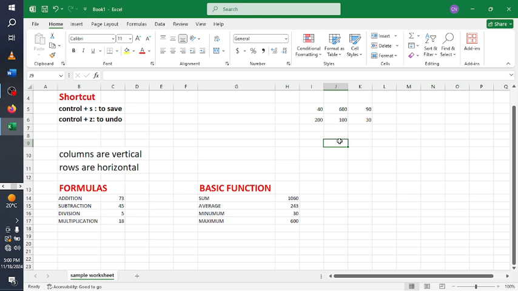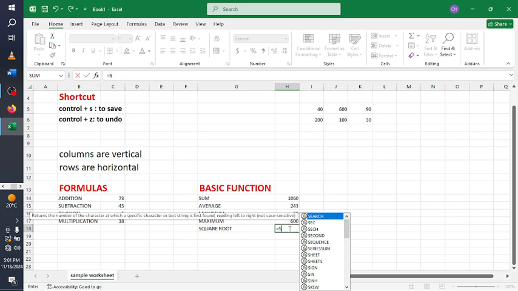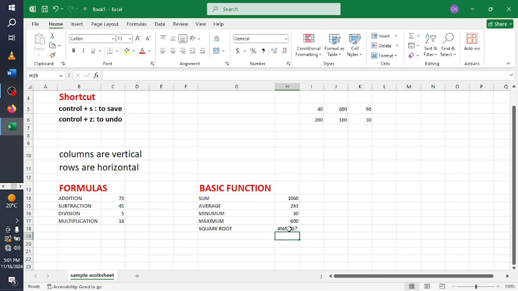Okay, so lastly, the last basic function I want to talk about here is how to use square root. So we can simply use square root by typing equals to and typing sqrt. Let's say I want to find out the square root of 16, for example. We can type enter. You can see it has given us 4, so 4 times 4 will be equals to